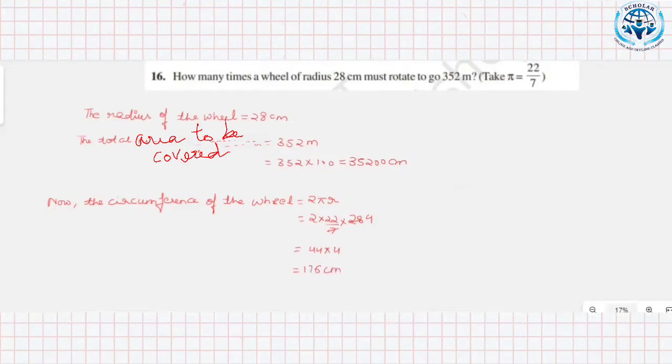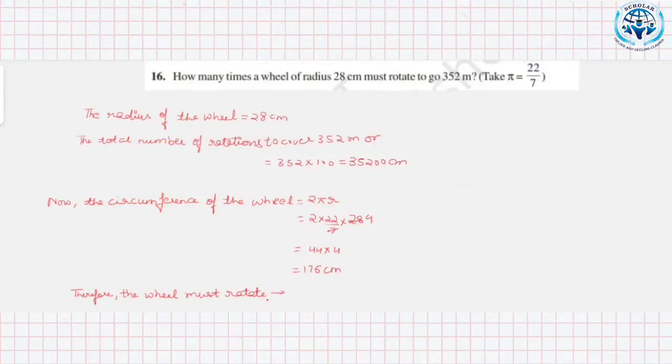That means the wheel will cover 176 centimeter in one rotation. Therefore, the wheel must rotate total distance upon distance covered in one rotation is equal to